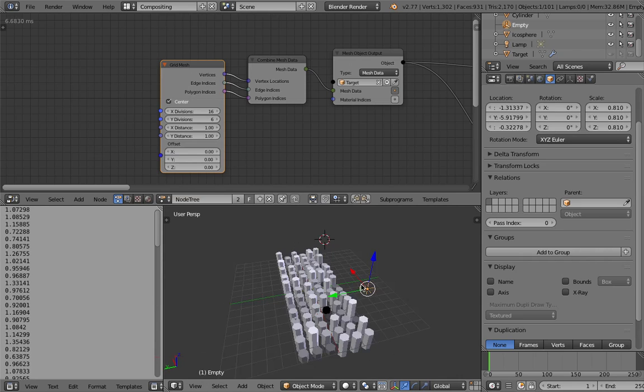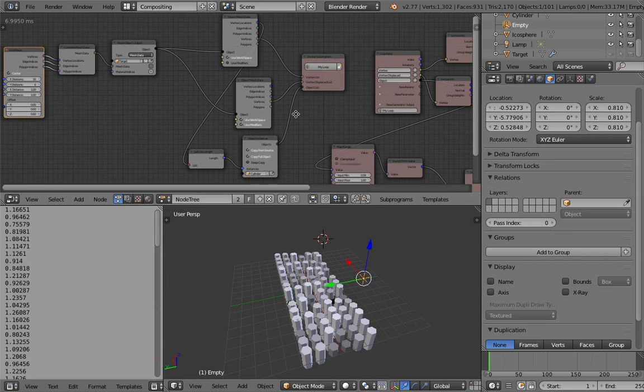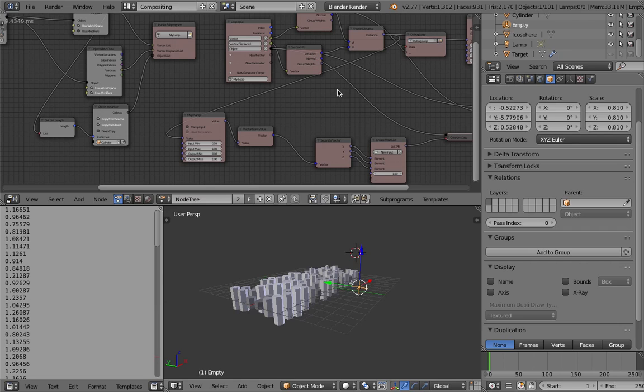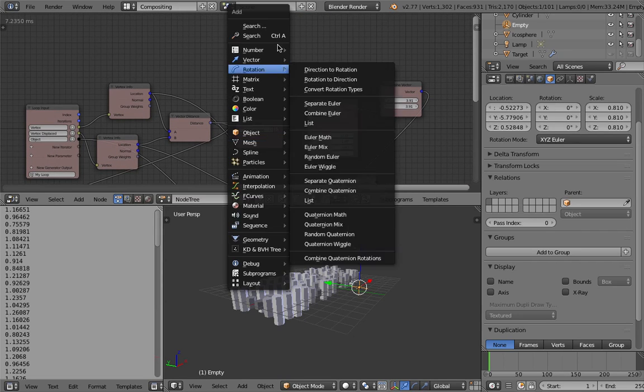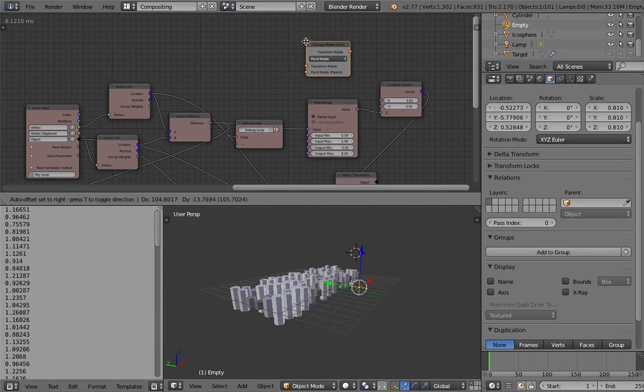All right. And if you want to have control over the pivot, I believe there's a matrix. I'm still not familiar with the matrix thing, but there's a change matrix pivot.